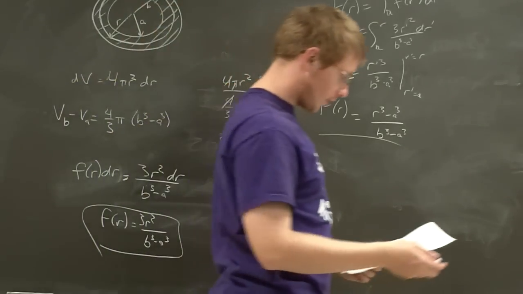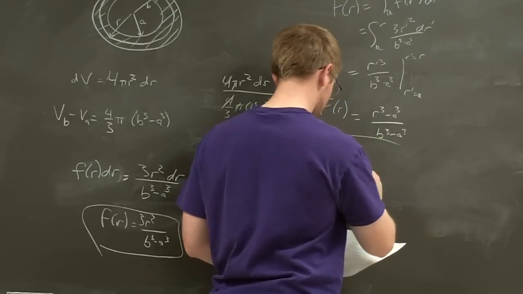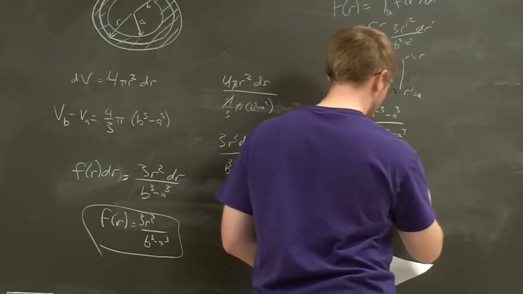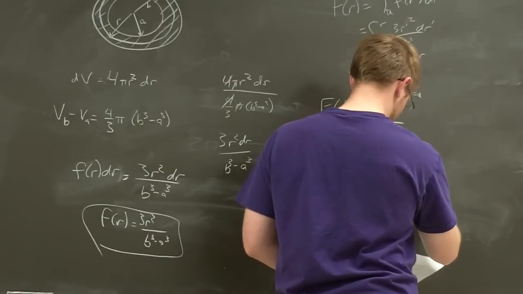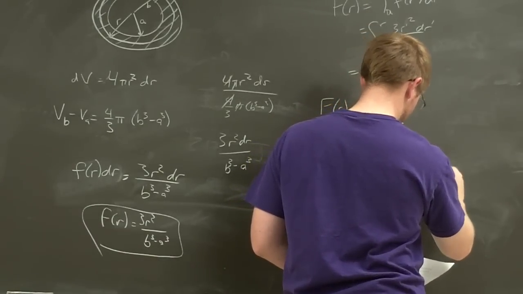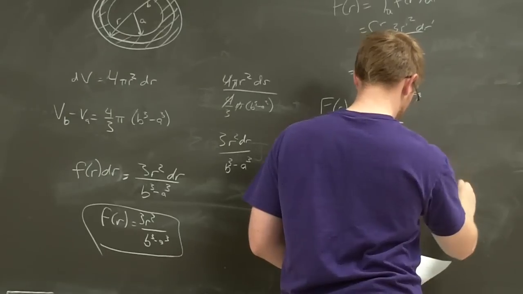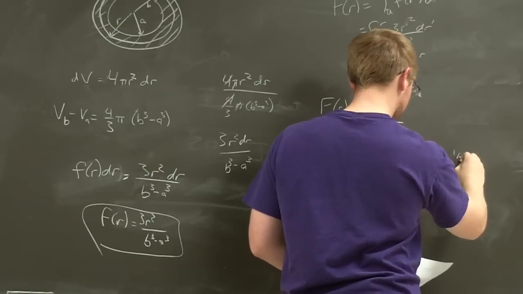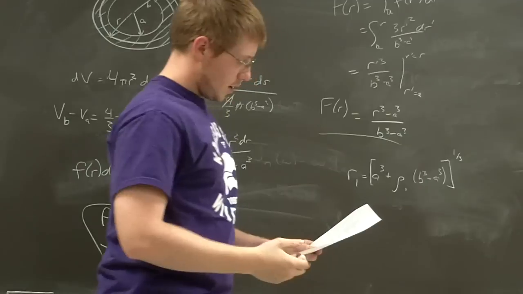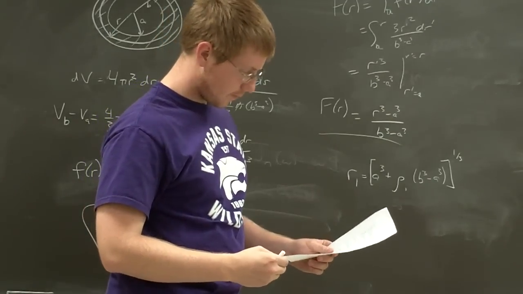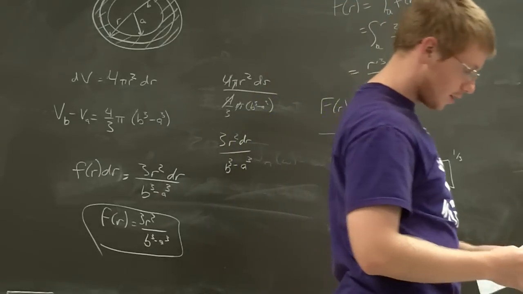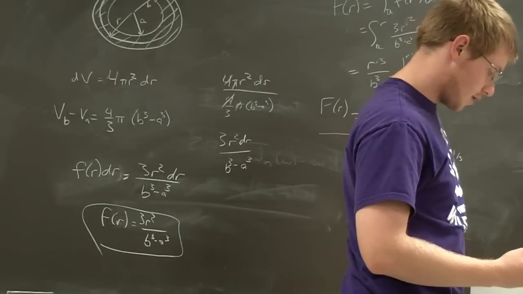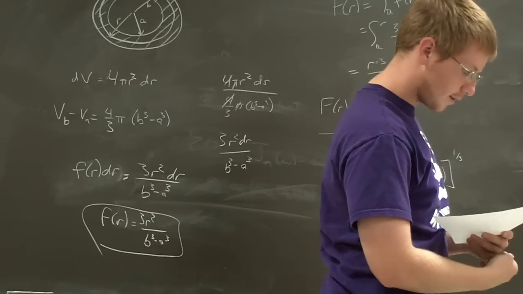And then we have to show that R sub i is equal to a cubed plus rho sub i times b cubed minus a cubed, all raised to the 1/3. And to be honest, I don't remember how we did this one. It says in here to use the inverse cumulative distribution function method to generate a random sample R by setting rho sub i. Alright,